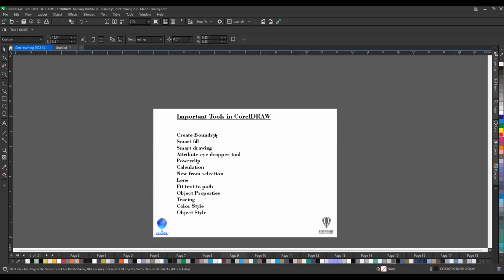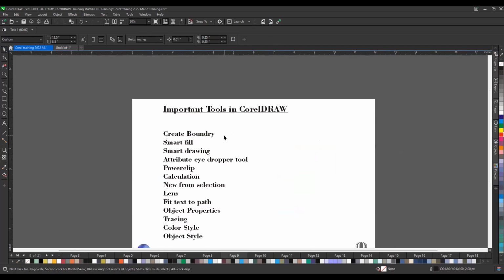Now, I think we have already covered how to create a boundary. We have covered how to use smart fill. In the same manner, we also have smart drawing over here. Whenever you're not very good with the mouse, you can use this smart drawing option. For example, for smart drawing, the shortcut for this is Control S. So if you create something over here,